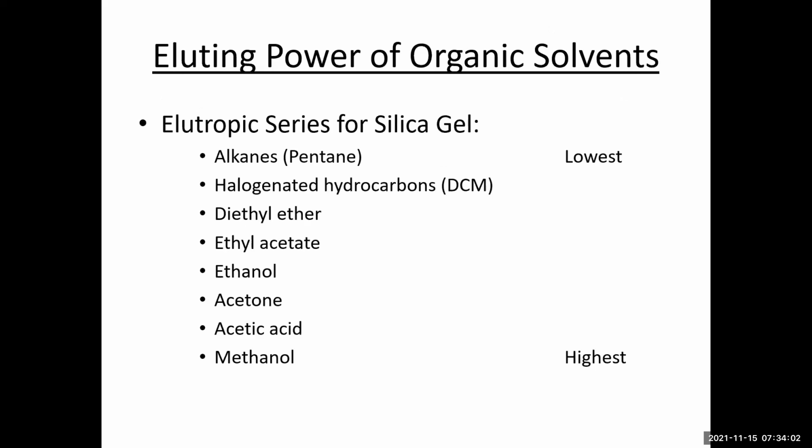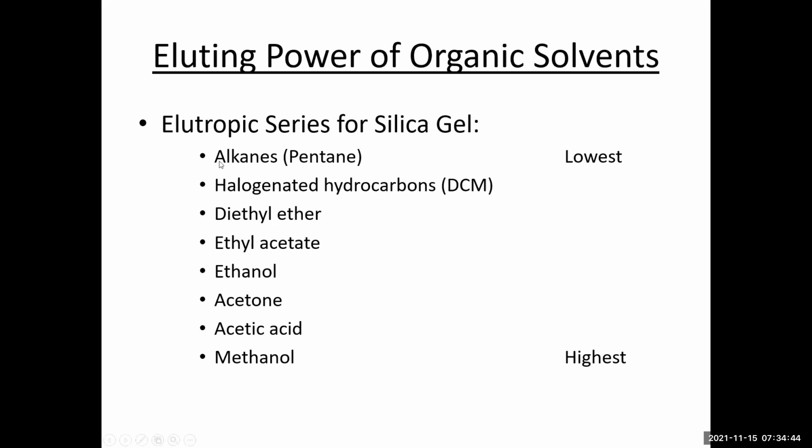So what if we have a compound that's adhering really strongly to silica gel because it's pretty polar, but we want it to move through that column or up the plate so that we can see separation from other components in the mixture? Well, we can control how quickly these compounds move through silica gel by choosing the correct eluent. We want to note that eluents, or the mobile phase for chromatography, are typically organic solvents with a low boiling point that are fairly inert towards reactivity.